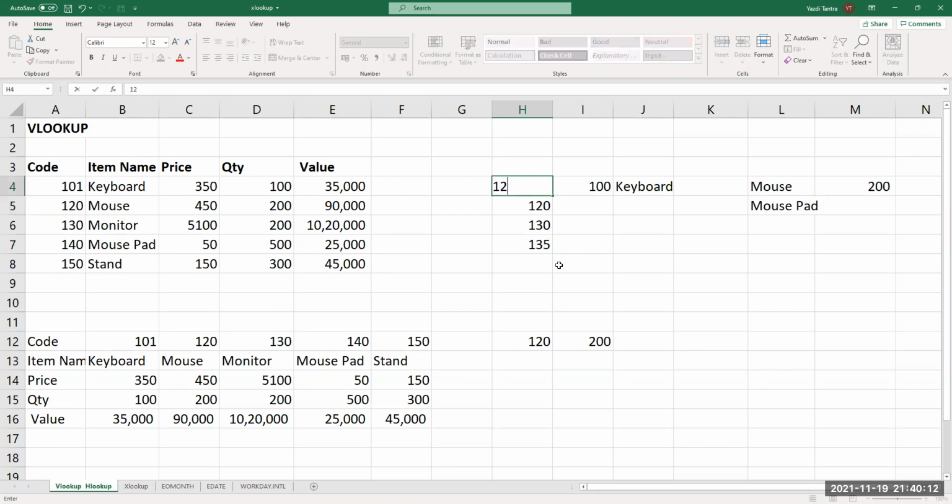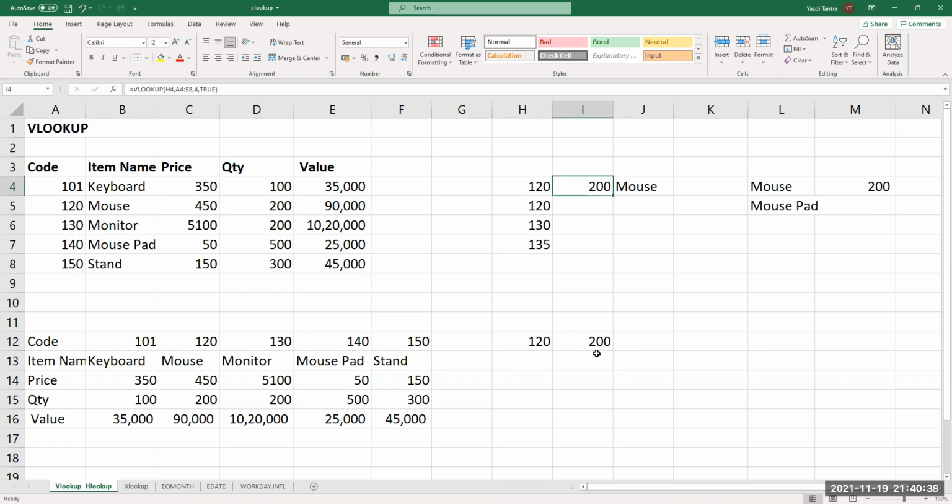But if we say 120, it will show 200 and mouse, because mouse quantity is 200 and the description is mouse. Are we clear on this? So there is an option to go to the earlier one or go for an exact match.